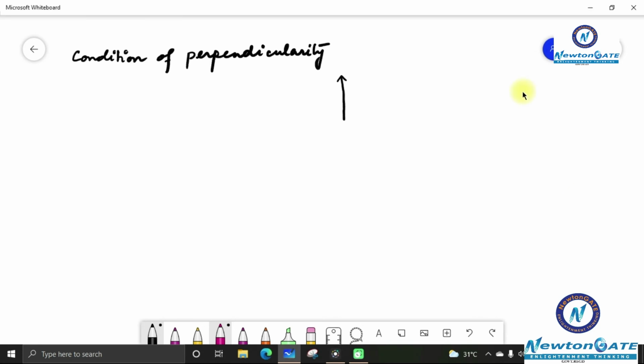So over here I am taking the axis, and let's say one of the lines is like this and another line over here is in this direction. So if I draw a line parallel to the x-axis at this point,